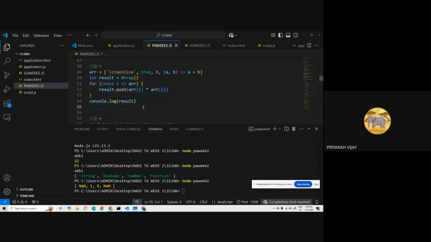So why is it showing 9? Can anyone tell? Because you're multiplying string with the string. Okay, so we are multiplying string with the string, which is undefined. That is why it is showing NaN, and true is 1, so 1 into 1 is 1. We are multiplying the element with itself. So true multiplied by true will give 1, 3 multiplied by 3 will give 9, and this function multiplied by itself will give